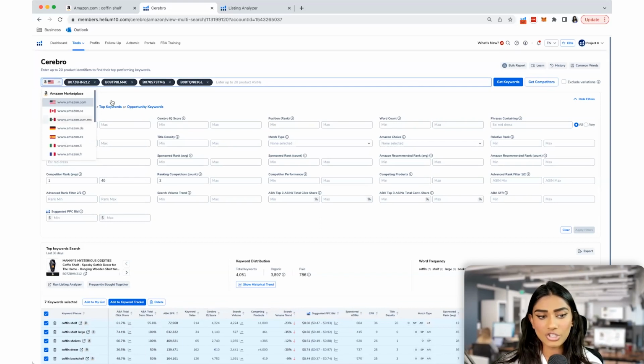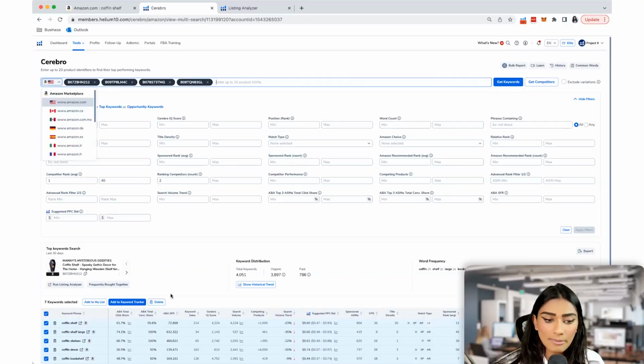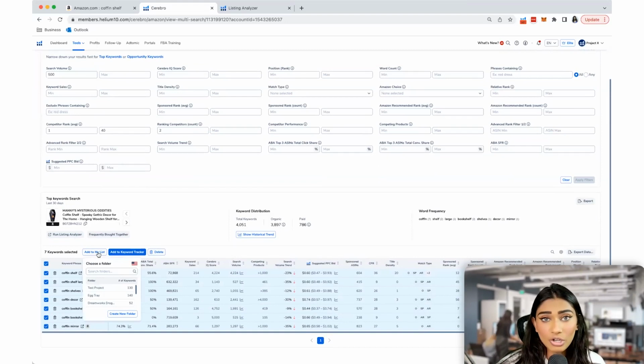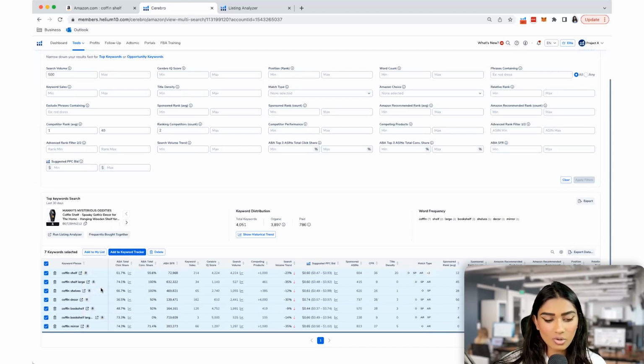You'll want to go into whichever marketplace is of your interest, because you don't want to be doing research for, let's say, the German market in the American market, and vice versa. I'm going to go ahead and make sure that I've added these. If you are creating a new folder, you will need to create that folder and then go through and actually add it. Let's see if I can find it here. Coffin Shelf CLB. There it is. So I'm just adding it now since I created the folder in the first one, and it went ahead and added that information.